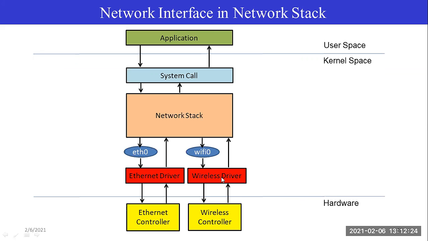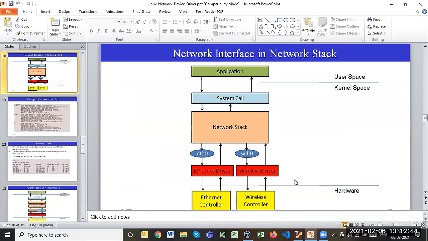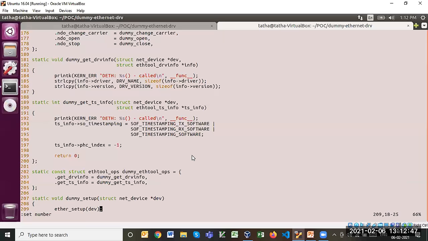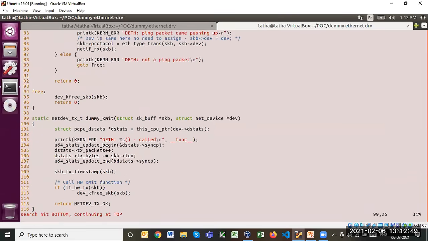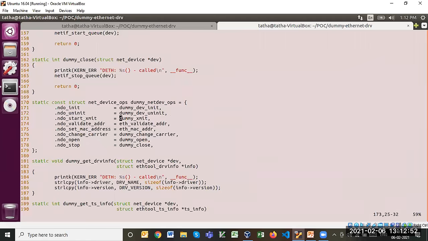From the network stack, it will call the XMIT handler of the USB driver if the packet needs to be sent to usb0. Going back to the source code, your network driver will have a similar registration mechanism, something like usb_xmit.